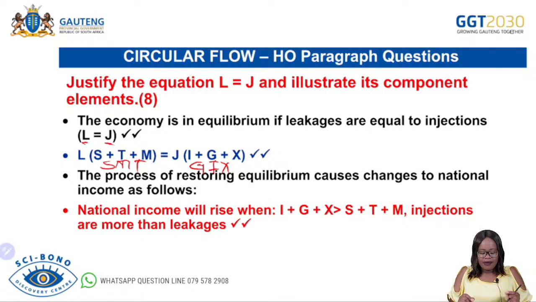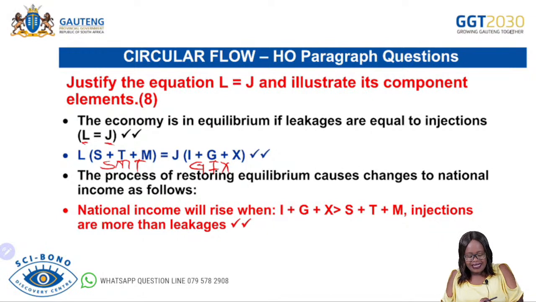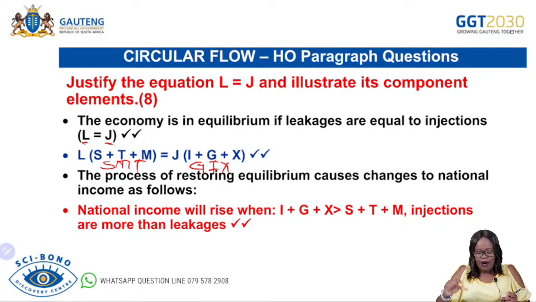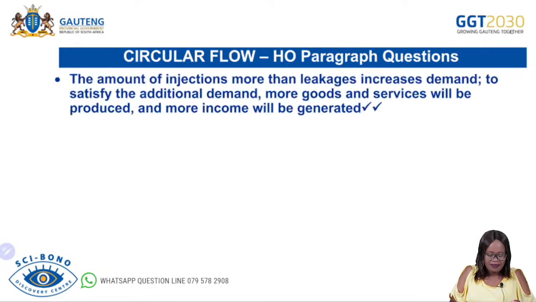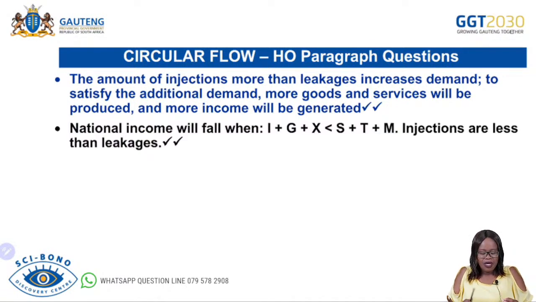National income rises when our GIGs are going to be higher than the SMT, meaning when our injections are going to be more than the leakages. The amount of injections more than leakages increases demand for goods and services. To satisfy the additional demand, it means that more goods and services will be produced and more income will be generated. National income will fall